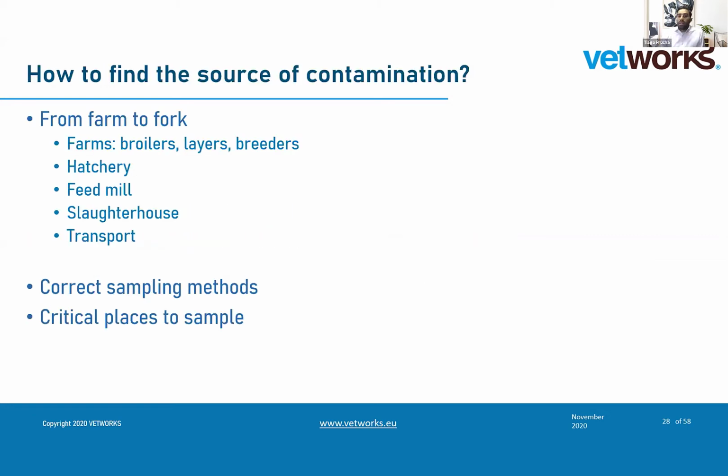So this control should be like what we do in the official program from farm to fork, which means that we go over the whole production chain at farm level, broilers, layers, and breeders, then a bit upstream, hatcheries, feed mills, and then slaughterhouses, and all the transports that we have from the breeders to the hatcheries, but also from the hatcheries to the houses. Important to have in mind that we have, of course, to have correct sampling methods and critical places to sample. As I said, if you don't want to find it, it's really easy to pass this phase and to have a negative